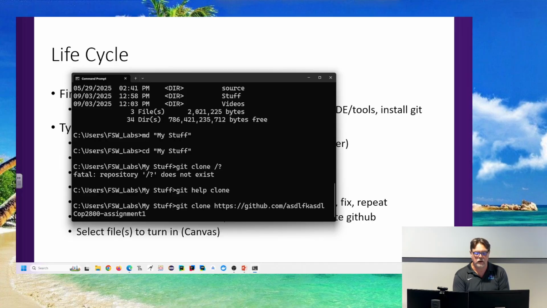So when you enter that, it's going to go out to GitHub, it's going to grab whatever's in that folder, which again, initially is nothing, or maybe the license file, maybe a README, whatever you told it to create. And it's going to take those files, create a folder, and download those files into that folder. In addition, it's probably going to put a hidden .git folder and some other stuff.